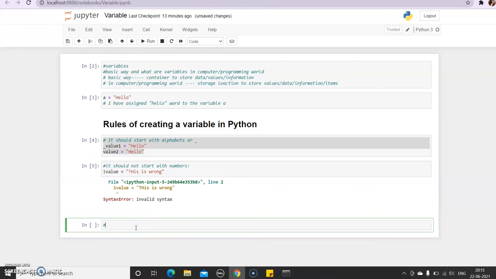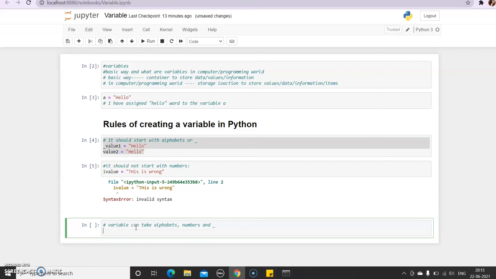The next thing is, a variable can take alphabets, numbers, and underscore. Other than that, you cannot use any special symbol, right?